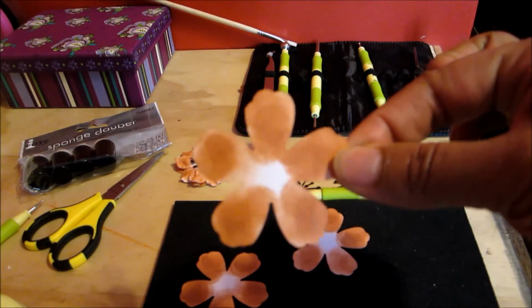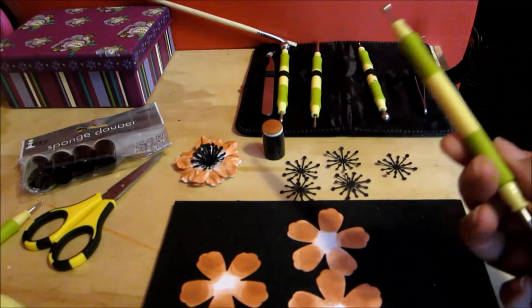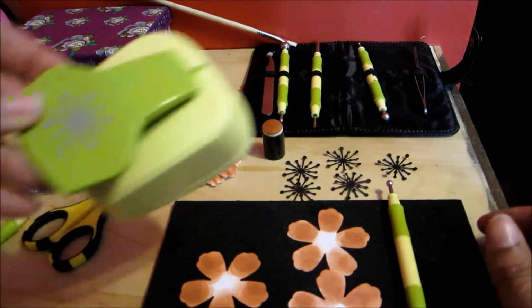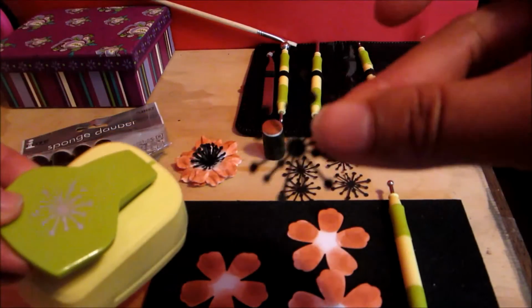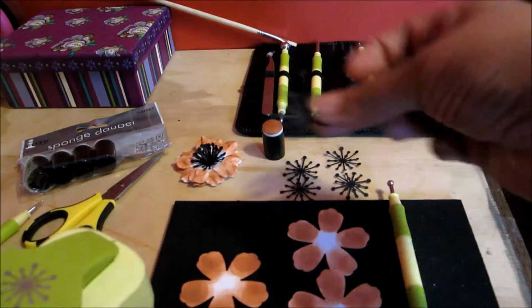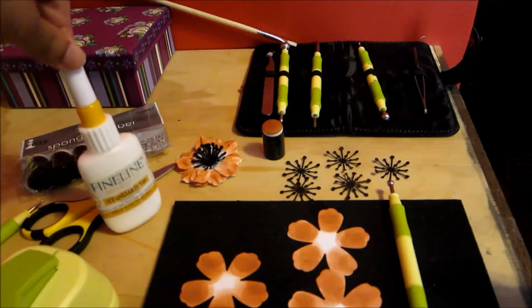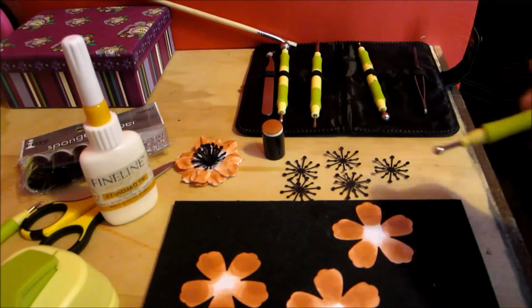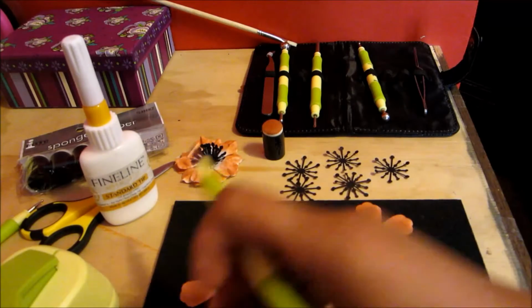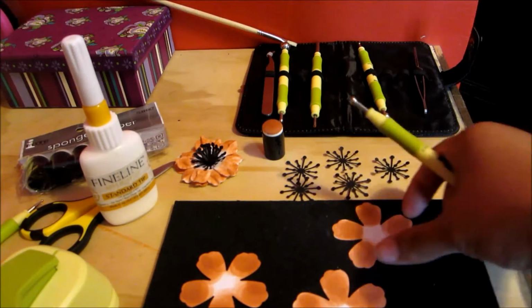So this is what my flower looks like after I've colored it with Memento Potter's Clay. You'll need a stylus or whatever you use to shape your flowers. I use the McGill Starburst punch for the centers of my flowers. When you punch them out, they look like this. I don't know if you can see that, but this is how they look. And you'll need some scissors, and some glue with a fine tip, because when you shape your stamens, you'll need a fine tip for the centers to get a closer shape of the stamens. So let's get started. You'll also need a water bottle to spray your flowers, because it helps in shaping the petals. So I'll go ahead and do that to get started,